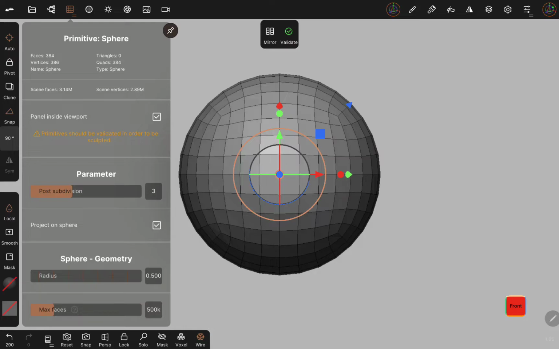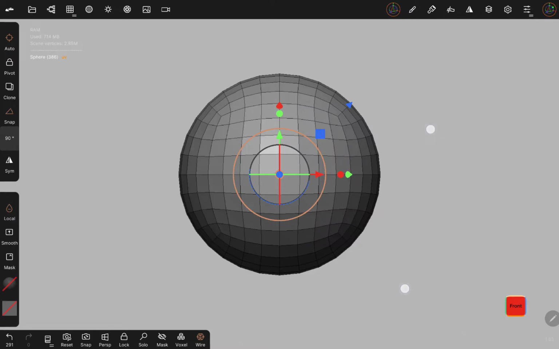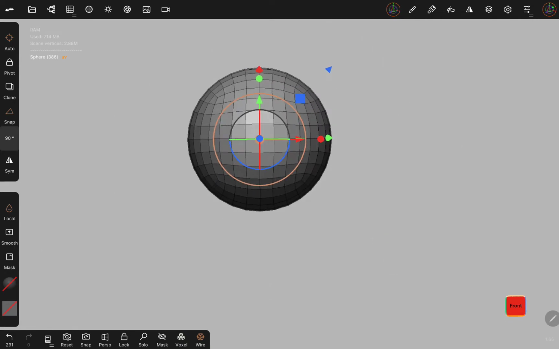So I will always start at this level of post subdivision because it's so pliable, so easy to work with, and you can quickly move it into the shape that you want before you start multiplying it into a denser mesh. So we'll just validate that. So we'll close this,